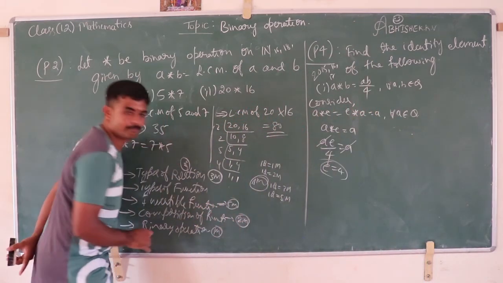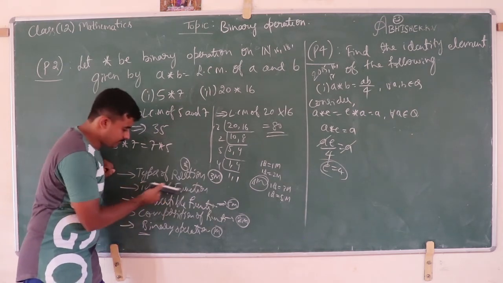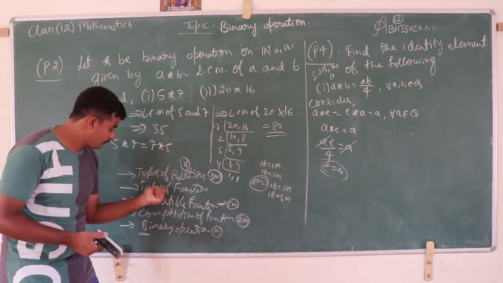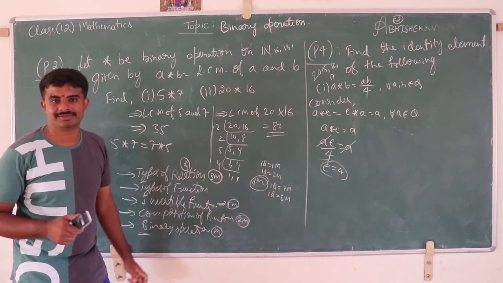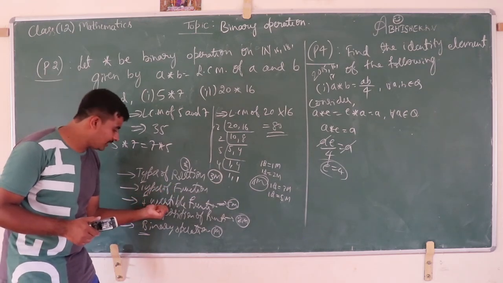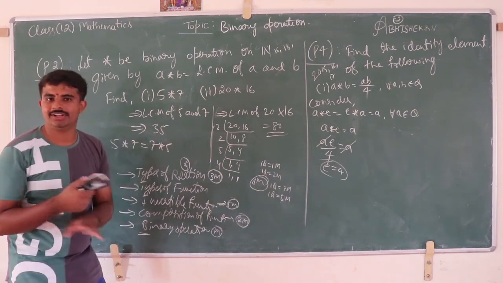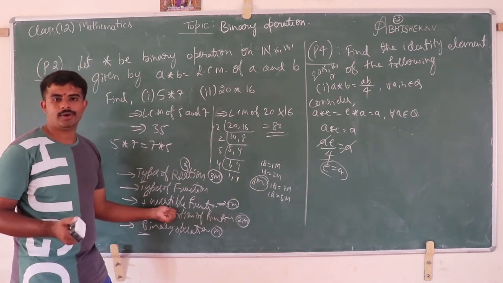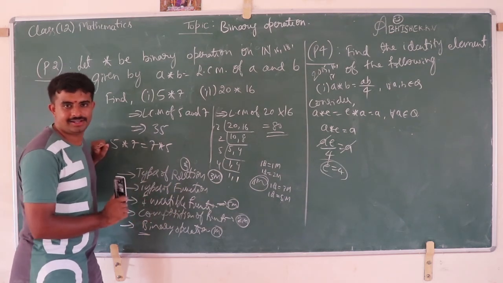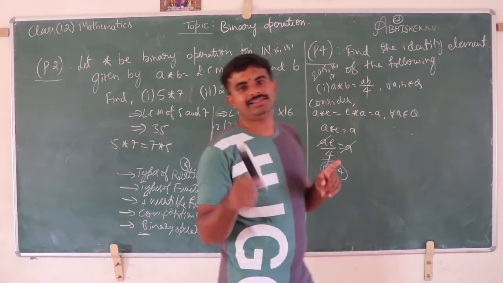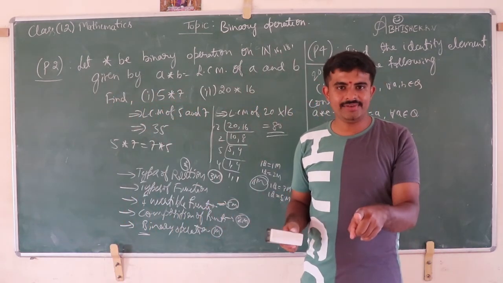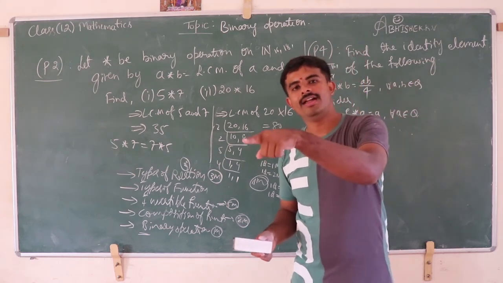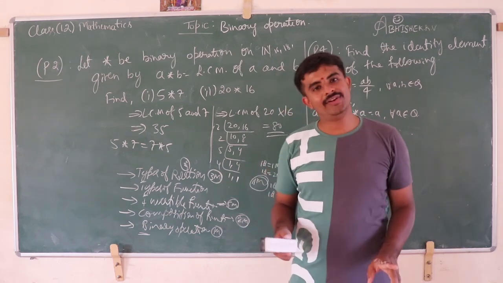Please remember. See, sir, where are the marks in types of function? See, to study invertible function, we should study the types of function first. Without the types of function, if you go through invertible function, then you will not get it. Okay, you should get the knowledge from types of function. Then only you are able to solve the question in invertible function. Here the examiner says show that the given function is invertible. What is invertible? We need to show the given function is 1-1 and onto. 1-1 and onto implies what? Bijective. Bijective implies what? Invertible.